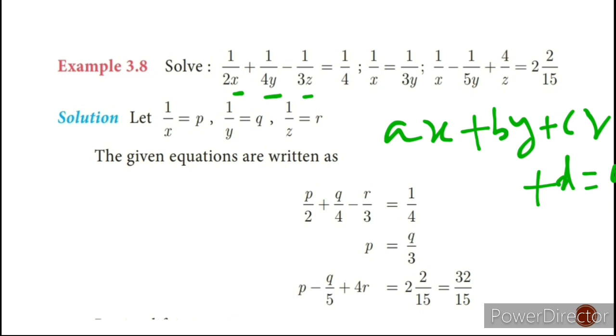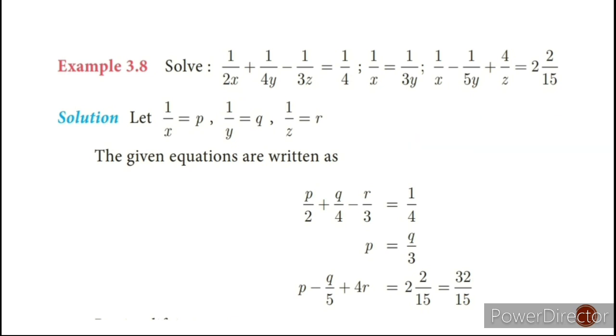How can we write this? Let us see in the example. We put 1 by x as p. Let 1 by x is equal to p, 1 by y is equal to q, 1 by z is equal to r. So we have to give the names p, q, r for 1 by x, 1 by y and 1 by z. Why do I write like this? We have to convert the given equations into a standard form, that is why I write this. So now the given equations can be written as,